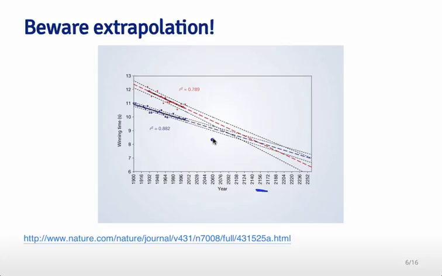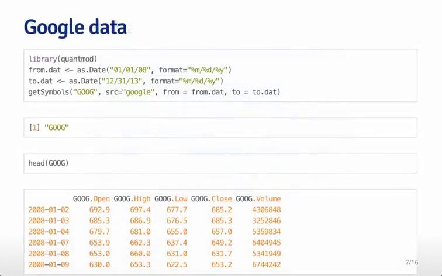And while we don't know when that may or may not occur, one thing that was pointed out is that this kind of extrapolation is very dangerous. Eventually, at some time in the future, both men and women would be predicted to run negative times for the 100 meters. And so you have to be very careful about how far out you extrapolate from your data.